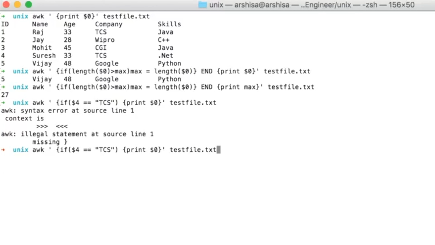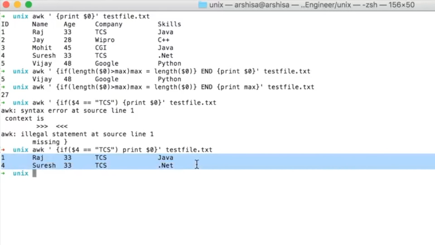Let me check what I have done wrong. I left this as it is, and simply do this. So as you can see, we have got the rows for which the company is equal to TCS. So in this way you can perform some string operations too.